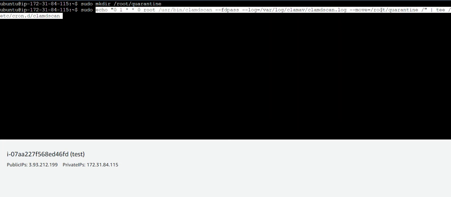If you find any infected file, you should move it to this folder, and then we are using the pipe operator to make the entry via a further command. We are using the tee command here, and what is tee doing? It's making an entry of this whole thing, whatever echo is printing, into the /etc/cron.d file. In this particular